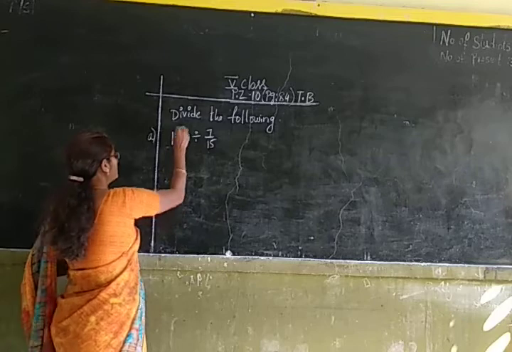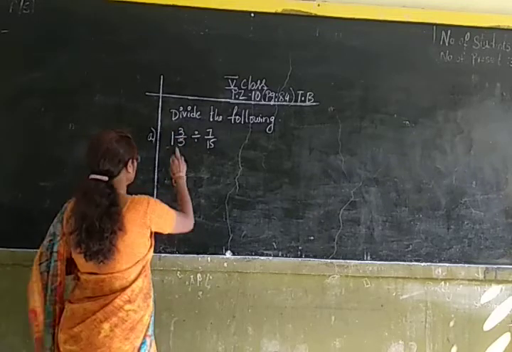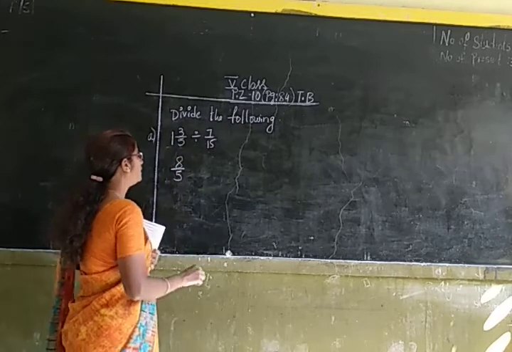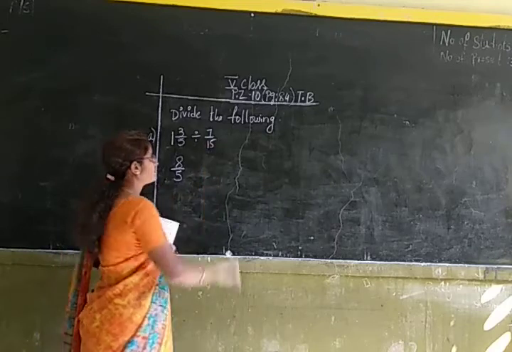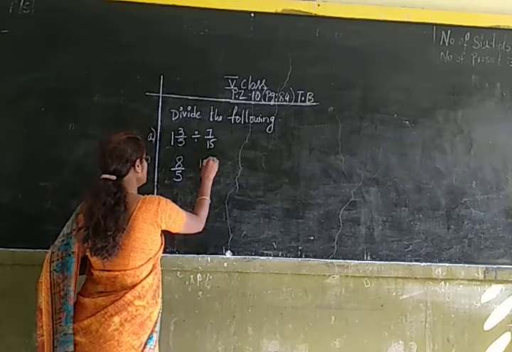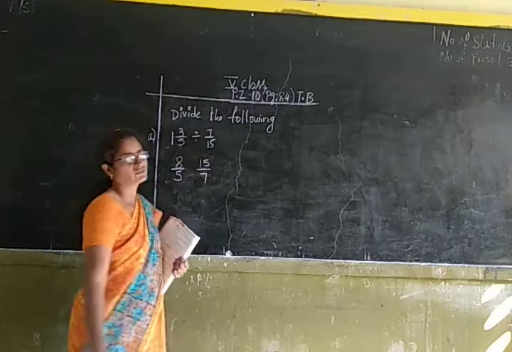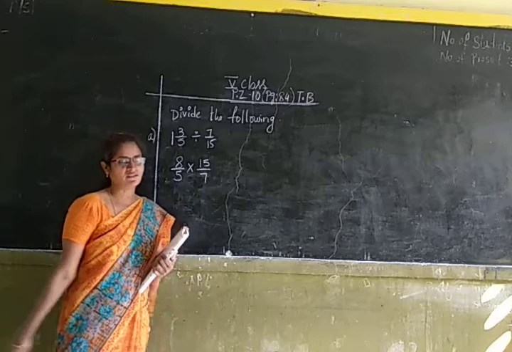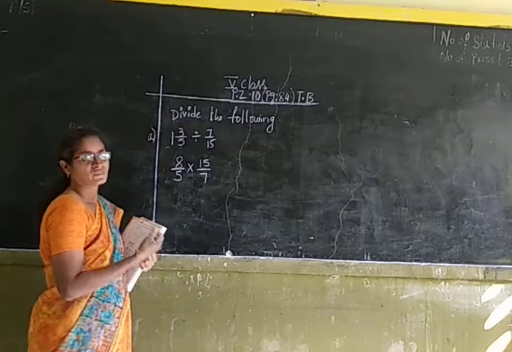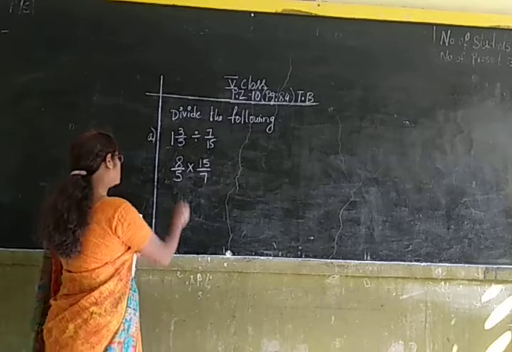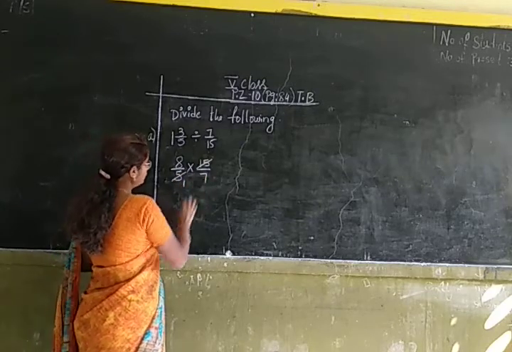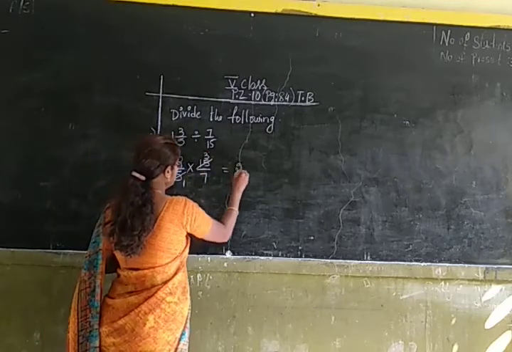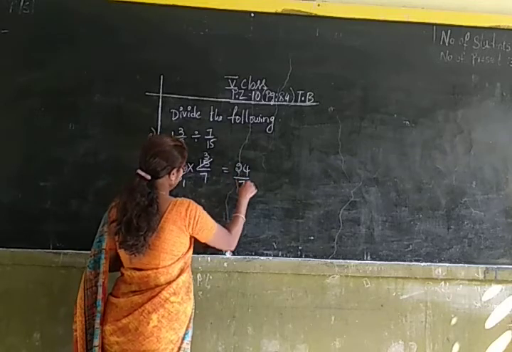Okay children? First let us change the mixed fraction into an improper fraction. 5 ones are 5 plus 3. So it is 8 by 5. Now let us write down the reciprocal of 7 by 15. The reciprocal of 7 by 15 is 15 by 7. So after writing the reciprocal, let us multiply both these fractions. Before multiplying the fractions, let us reduce the fraction and then multiply. So the 5 table goes in 5 one time, the 5 table goes in 15 three times. So 8 3s are 24 and 1 7 is 7.